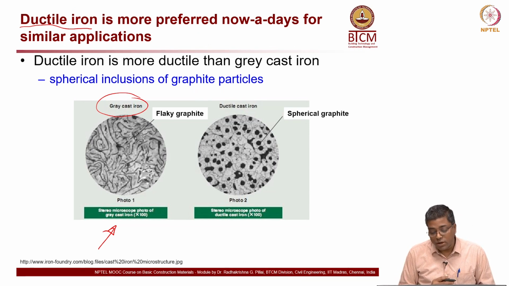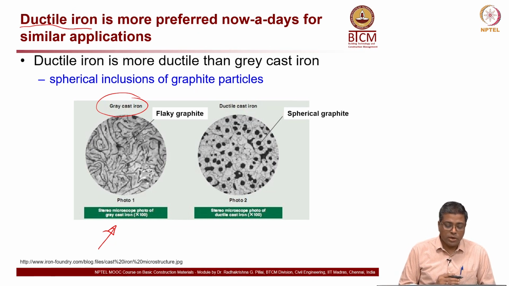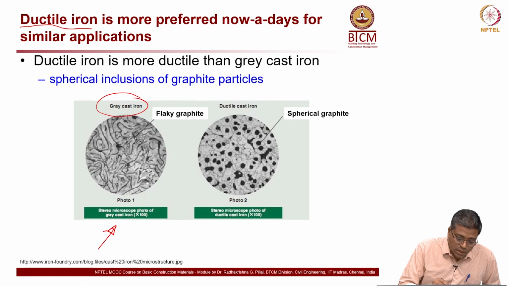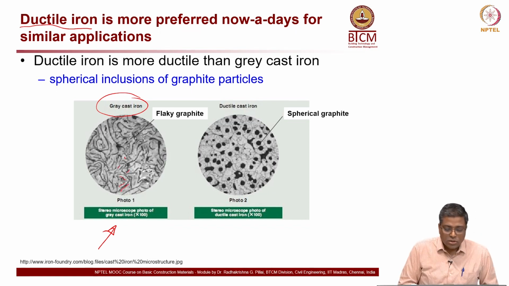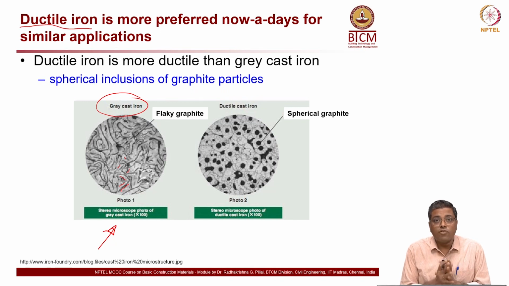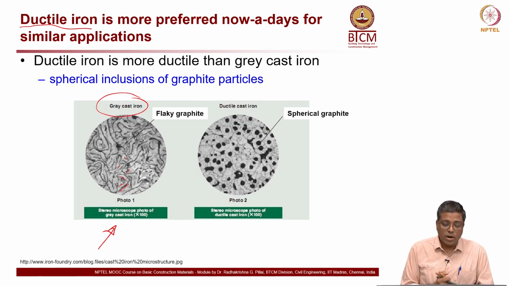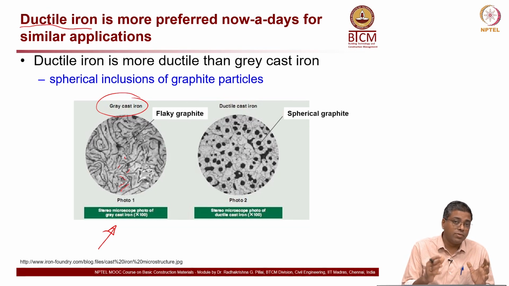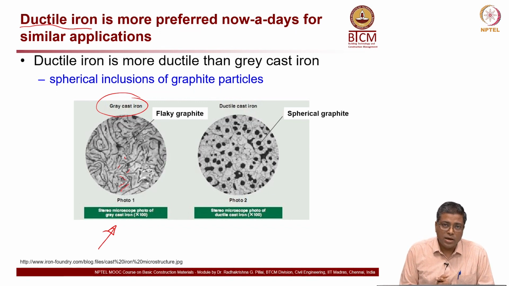Okay, this we covered earlier in the module on nature of materials, but let us look at it again. So, these are flaky, you can see all these black lines here. So, imagine when there is a crack formation or something along those flaky black graphite, what will happen is the stress concentration will happen and then the crack will propagate very fast,